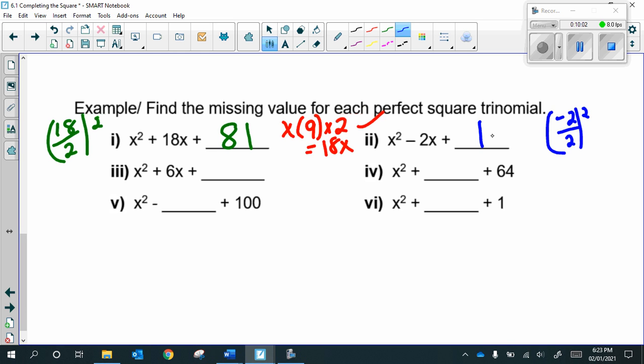You can double check that in your head. If you take the square root of the first term, which is x, square root of the last term, which is 1, that's 1x, and double it, you get 2x. Number 3,